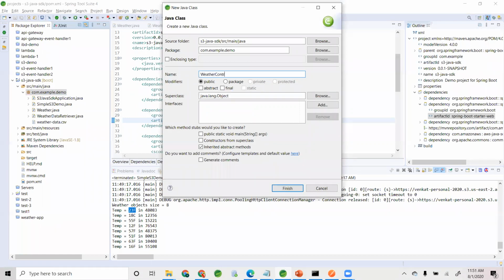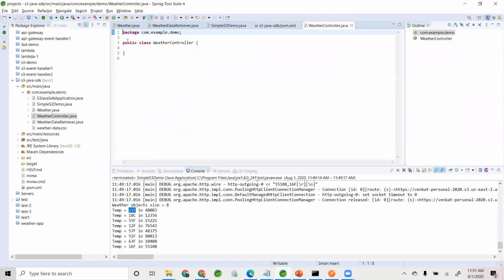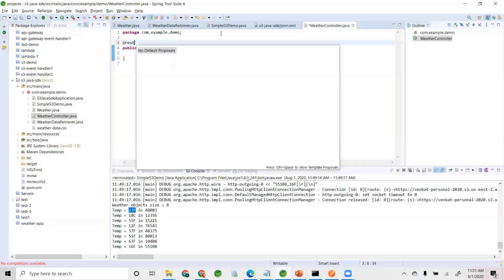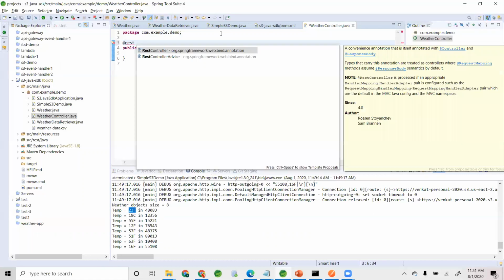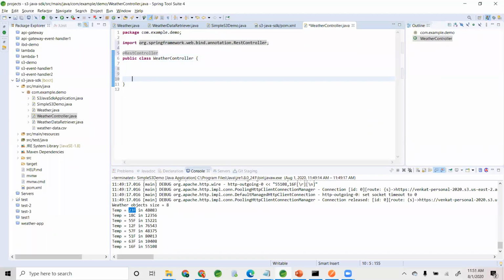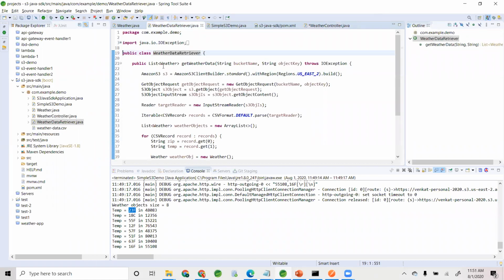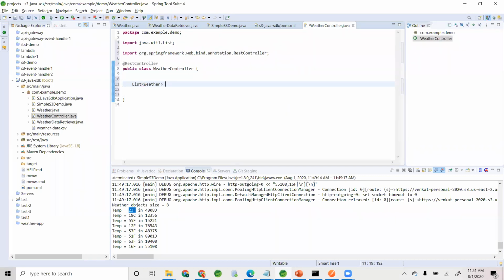just say weather controller. Don't have it? Okay, I do have it. So essentially this list of weather, you can pass it as get weather data for all zips, something like that.